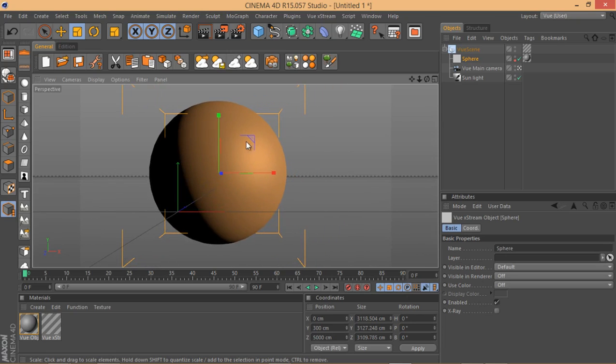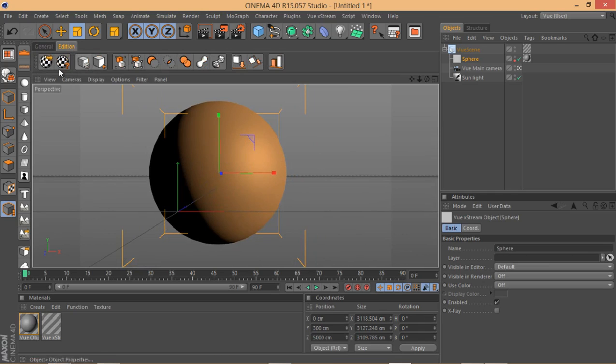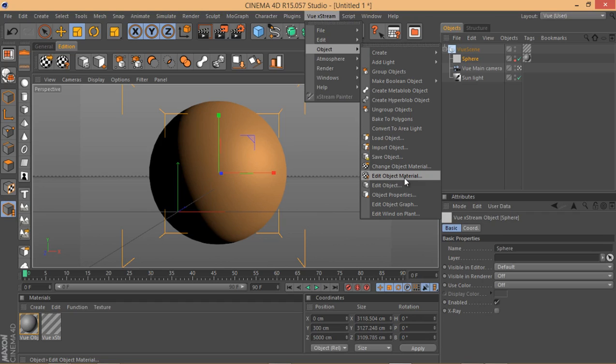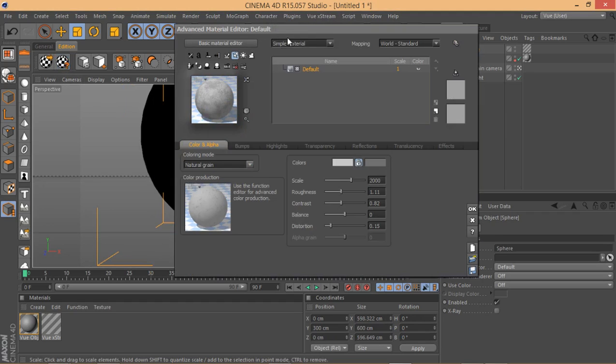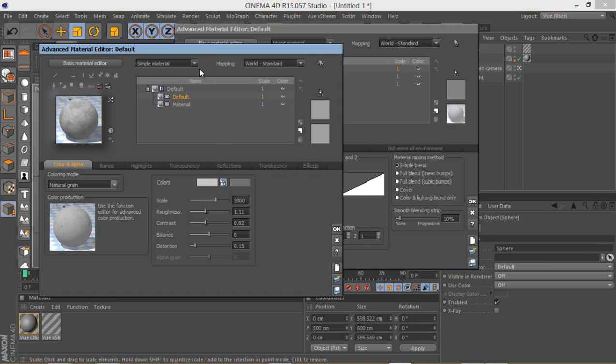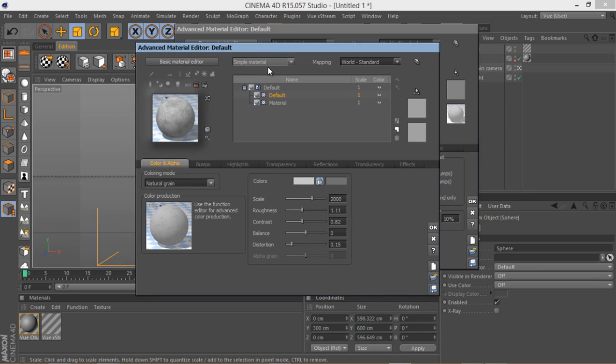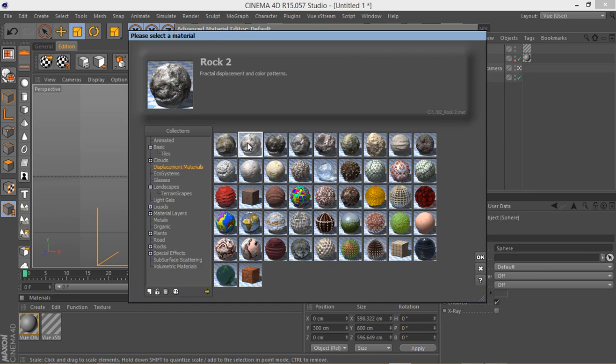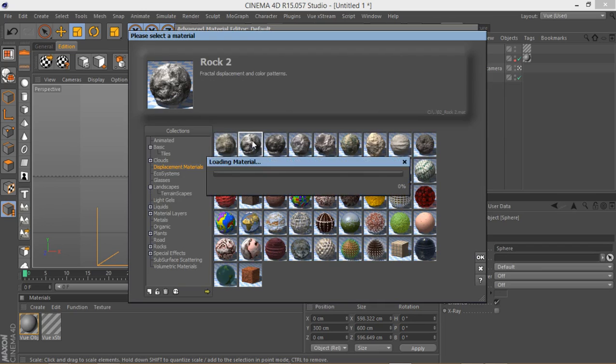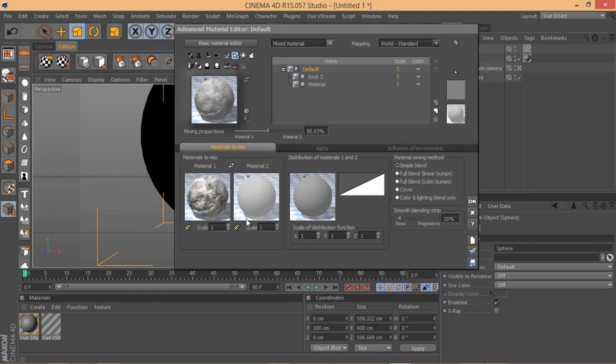Okay, now I want to edit the material of this sphere. You go to the edition palette and click on this one, edit object material, or if you want to use the menu, you go to the Vue xStream menu, object, and edit object material. But we're going to be using this menu here. Now simply change this to a mixed material and select the first one. This has been explained quite thoroughly in Rob Redman's tutorial, so I'm just going to do it quickly. We're going to use a simple material on this one. Let's load up from the displaced materials category, load this one, and hit OK. And for this one, we're going to be using